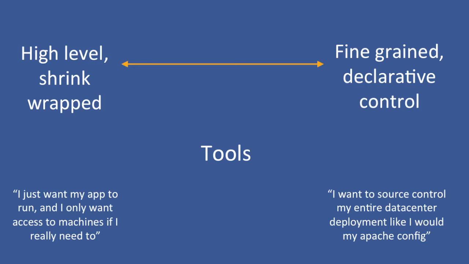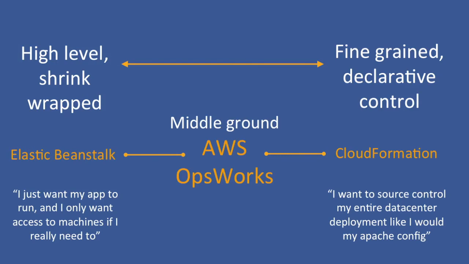So you might have a philosophy or a desire where you want to source control the entire virtual data center, just like you would an Apache config or a piece of code, so that you can create an environment that's tightly controlled and auditable. And the frameworks that we have that enable you to do that: at one end we have Elastic Beanstalk, the other end we have CloudFormation, and we'll look at both of those in turn today. But recently we also released a middle ground framework, if you like, and this is AWS OpsWorks,